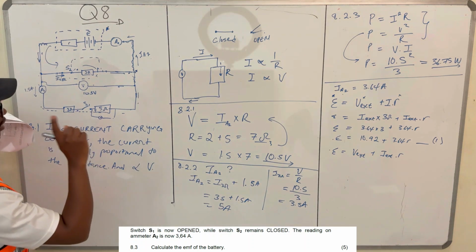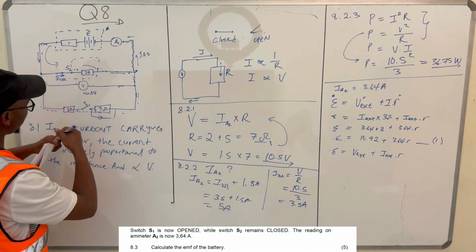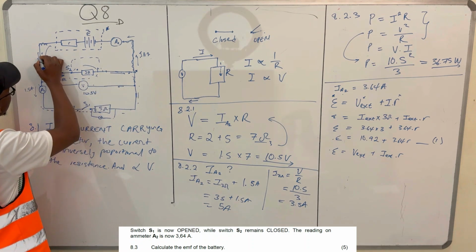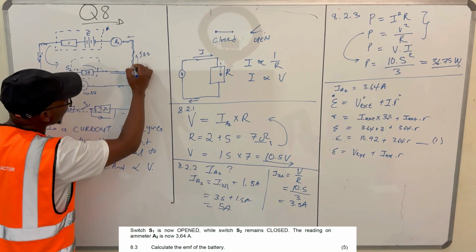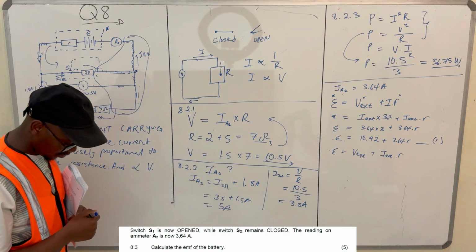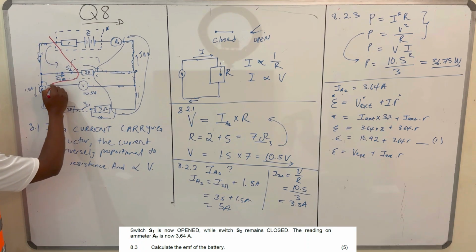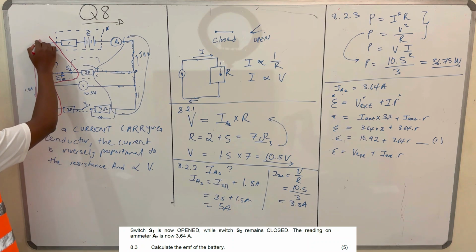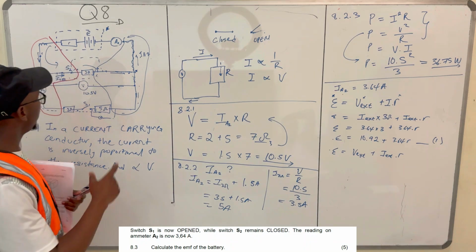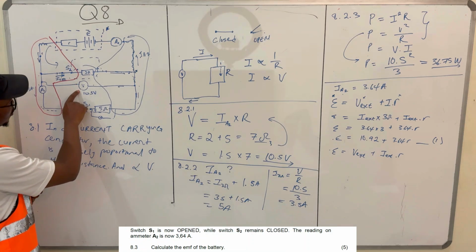External voltage, remember, we once asked to calculate the reading on this voltmeter. I said to you, you can connect this voltmeter in this position, you can even connect it here, because all of these lines, the potential here is the same. These are just lines. Meaning that when we read the voltage on this voltmeter, we were talking about